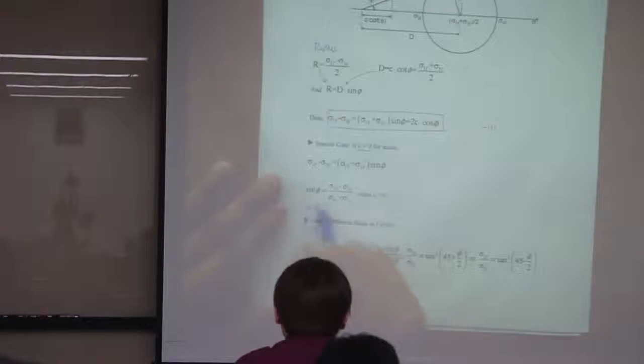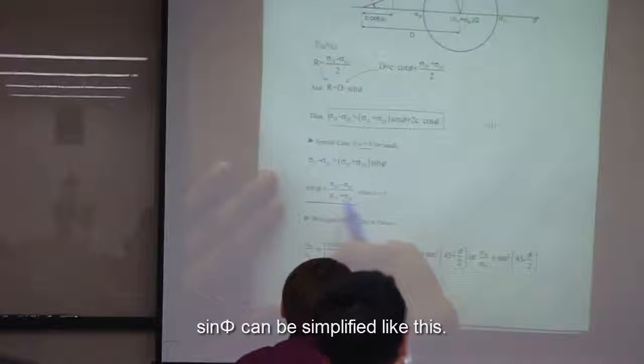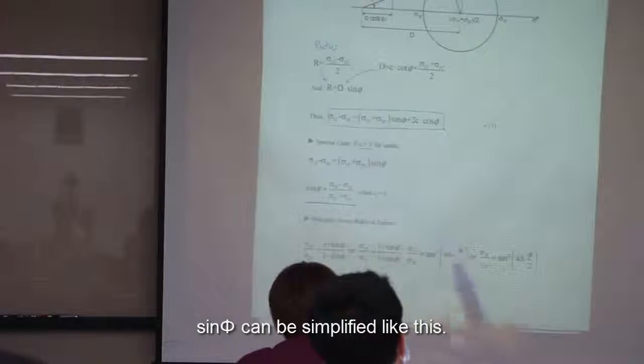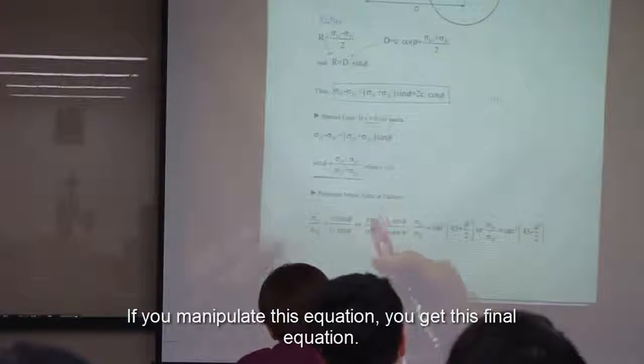Then sine phi can be simplified like this one, sigma 1 minus sigma 3 over sigma 1 plus sigma 3. And if you manipulate this equation, then you get